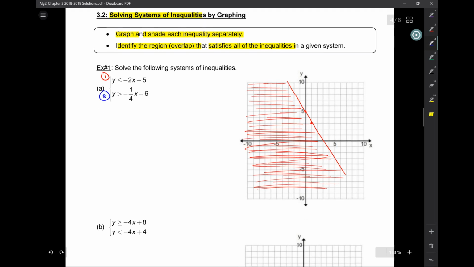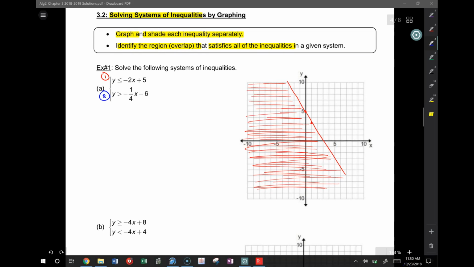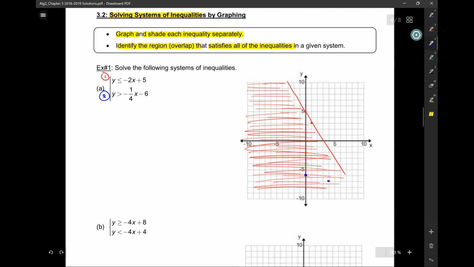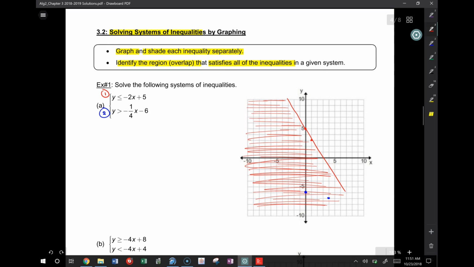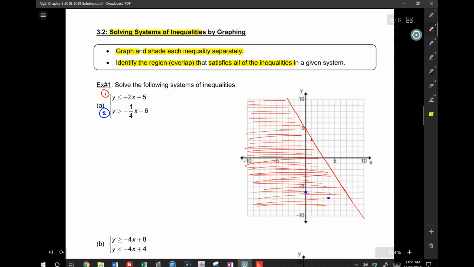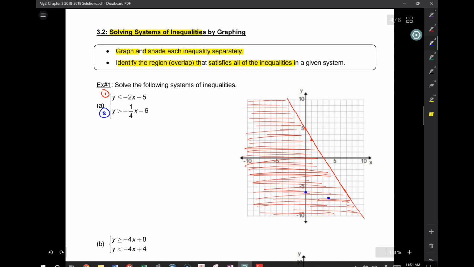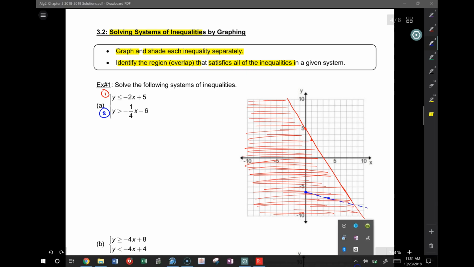Okay, next I'm going to do the bottom one. So here my y-intercept is -6. And then I'm going to go down 1 over 4. 1, 2, 3, 4. And it looks like, so here I should have extended the red a little bit further. Let me do that. All right, so that's how the second one looks. And that's going to be a dashed line, right? Like this. Okay, where do I shade here? Above. And it's going to be all of the above